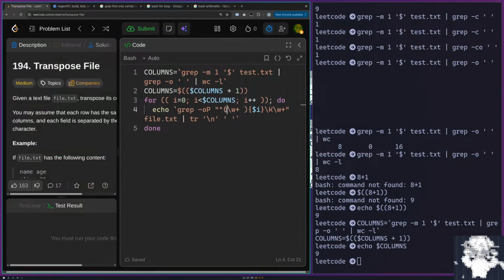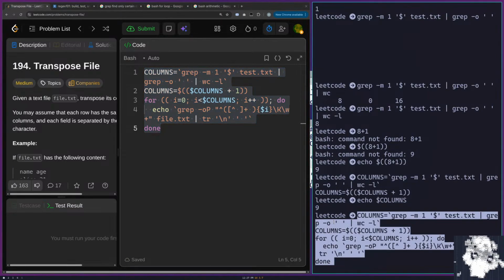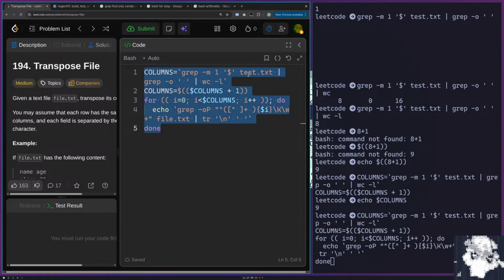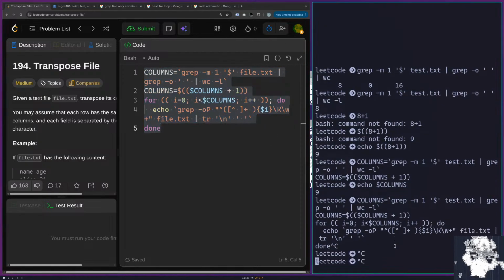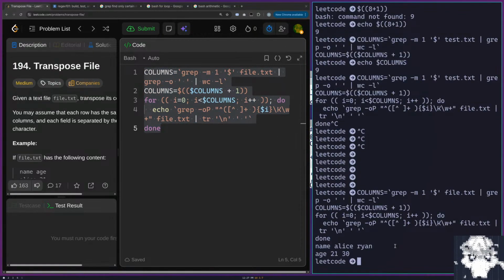We want to modify this to, instead of using word in the way that regex thinks a word boundary is, like it's not that I want word characters, it's that I want non-space characters. So I think the way to do that is you put square braces, you say not space. This should not be test, it should be file. That gives me the right answer on the old input.